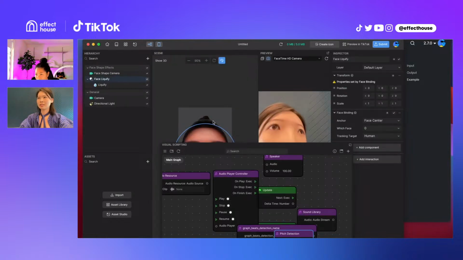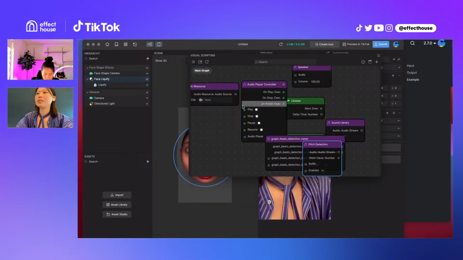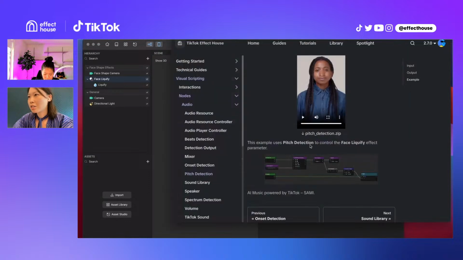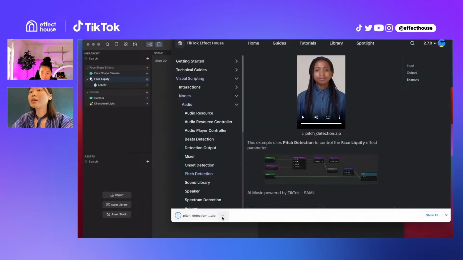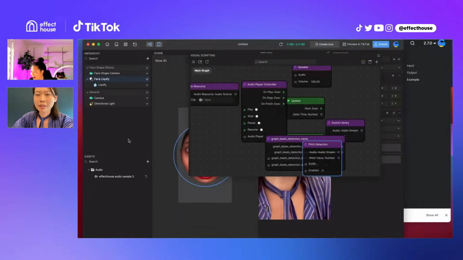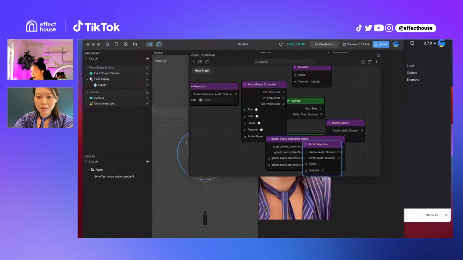And you may notice my face changes shape right now. You know what? I'm just going to download this project file. That makes it a little bit easier. And I need the sound in there so that I can show you how the sound pitch controls all this kind of interaction. So I'm going to drag this sound here. Now we have a sound, and while it's downloading the project,